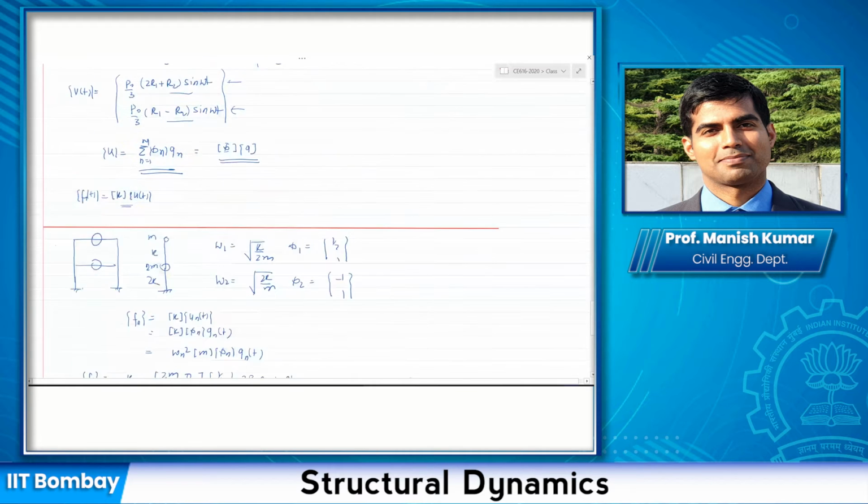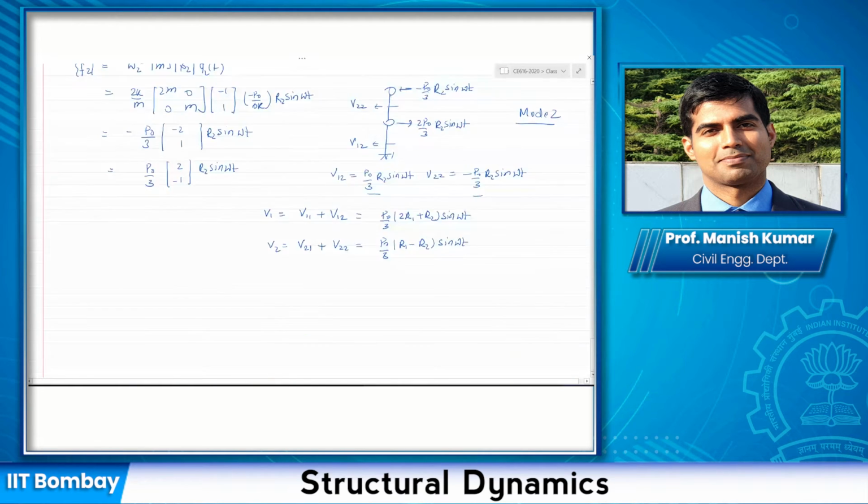Now, remember that we are right now doing everything in terms of steady state response, so in terms of time t. But in the end, as a structural engineer or design engineer, what do you design for? You design for peak forces, peak earthquake forces, or peak of any other force. At that point, this t will go off, and we will talk in terms of peak responses, and we'll see how to do that. But right now we are doing everything in terms of time. Clear? Okay, if it is clear, then let us move on.